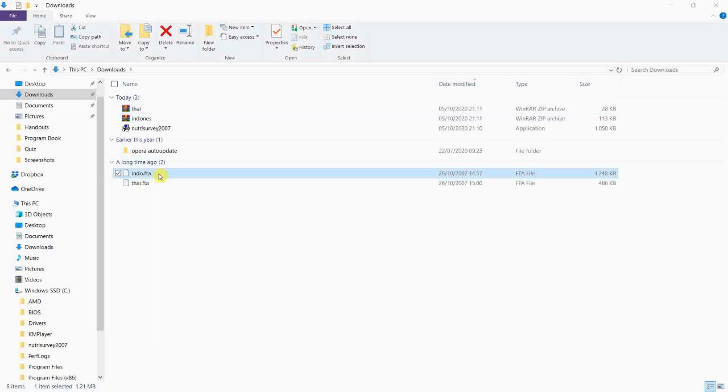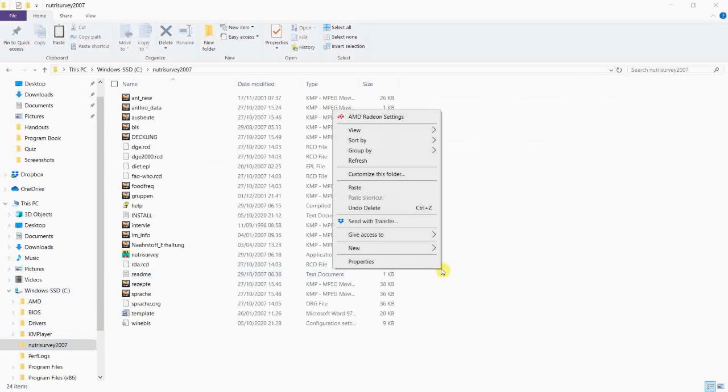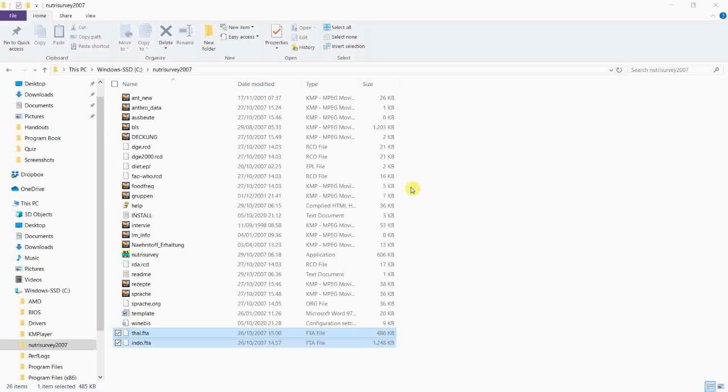Then, move those food databases, which are in FTA file format, into the folder of NutriSurvey. So now our food database files are already inside the NutriSurvey folder.